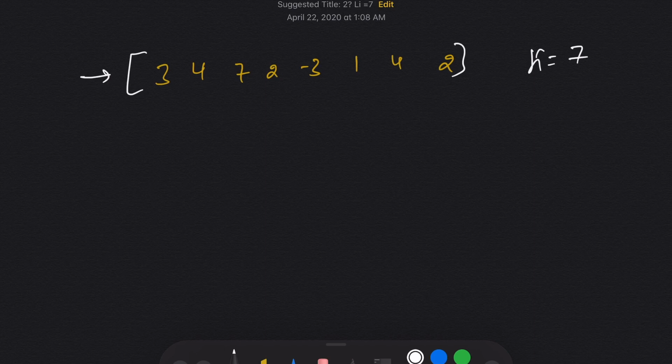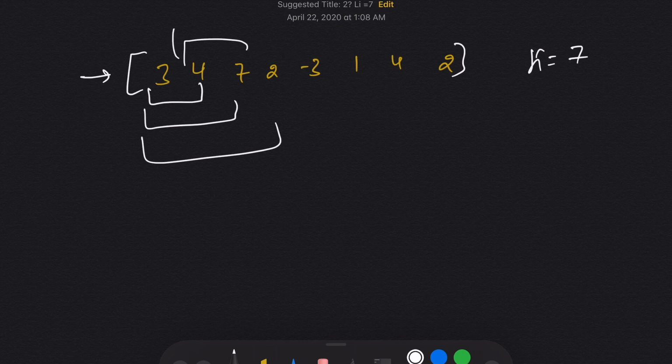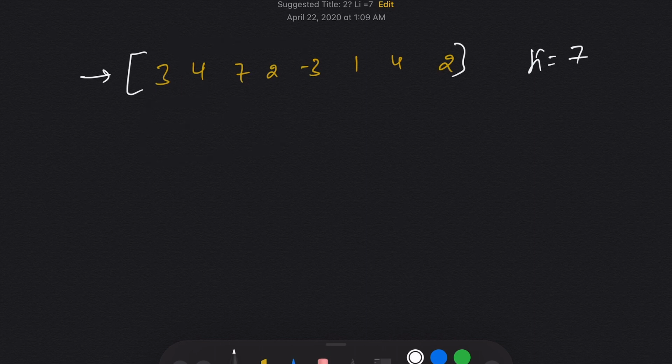But in that way, first of all I will take these two, then these three, then this one, then again from here, then here, then here, and it is going to be a very complicated solution, which is not an optimal solution. So what can be an optimized way? Let's look for it. So let me erase this. If I take a cumulative sum, the cumulative sum will be 0, 3, 7, 7 plus 7, 14, 14 plus 2, 16, 16 minus 3, 13, 13 plus 7, 20. So this is our cumulative sum.